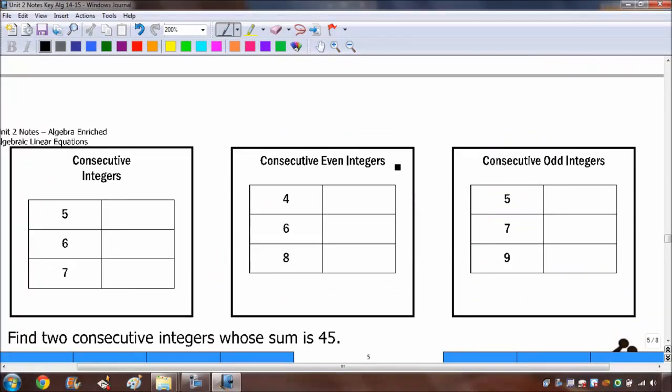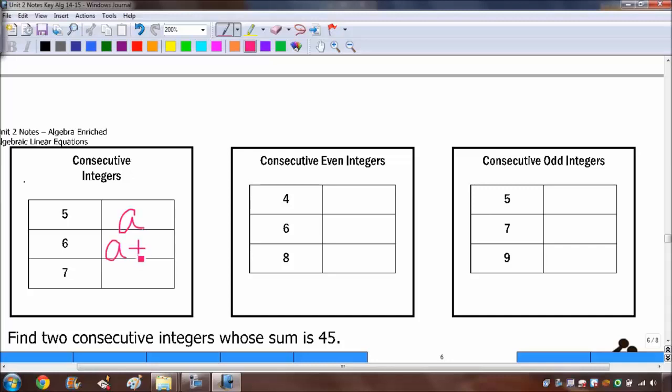Okay, we are going to be talking about consecutive integers. And with consecutive integers, the key piece is knowing how to write your let statements. The let statements for consecutive integers are almost always identical, which makes it super easy for us to be able to solve it. So consecutive just basically means one after the next after the next. So for example, in this problem right here, we've got 3 consecutive integers, 5, 6, and 7. So if I were to express them in variables, let's say that 5 was my a,